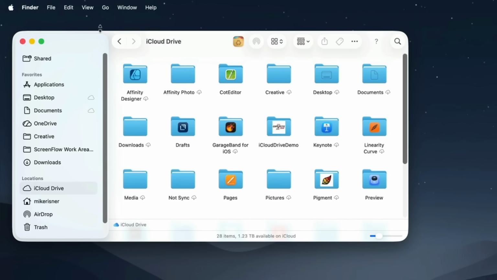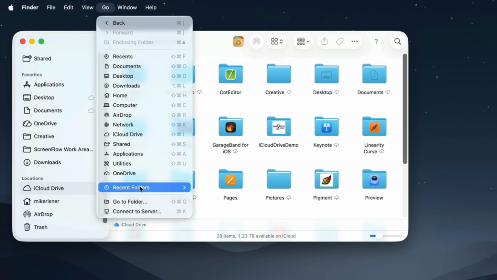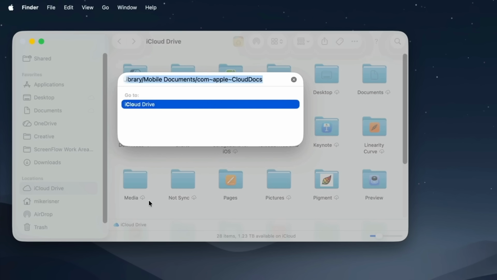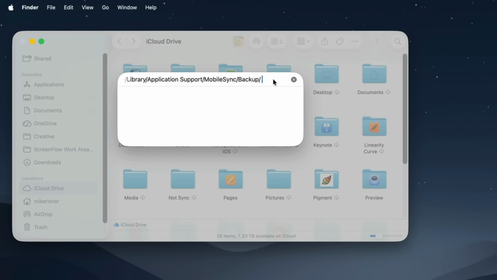Now, if you're backing up your iPhone and iPad to iCloud like I am, this is how to check for unneeded backups in system data. Open Finder, and once again, click the Go pull-down menu, and then click Go to Folder. Then enter ~application_support/MobileSync, one word, /backup. Now, I'm going to have that string in the description below so that you can copy